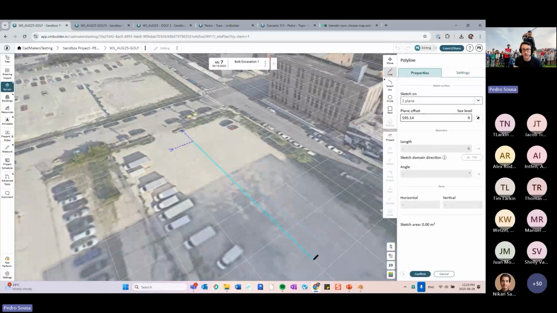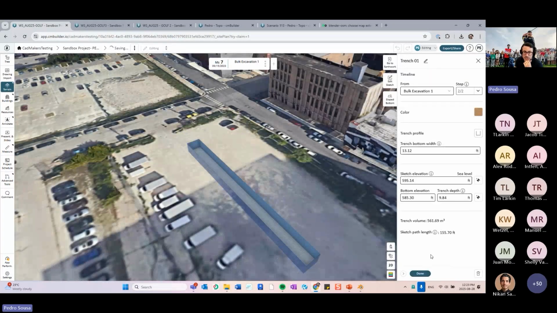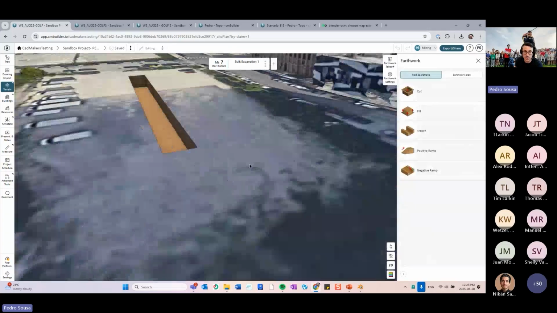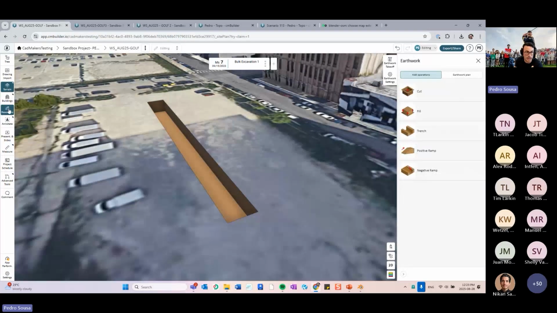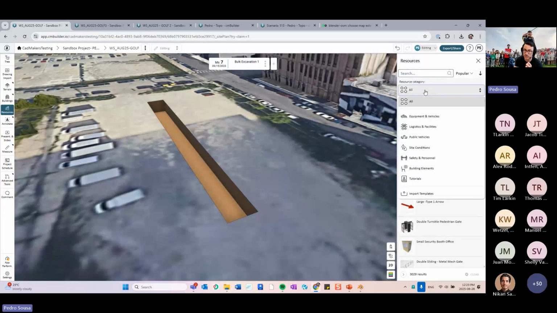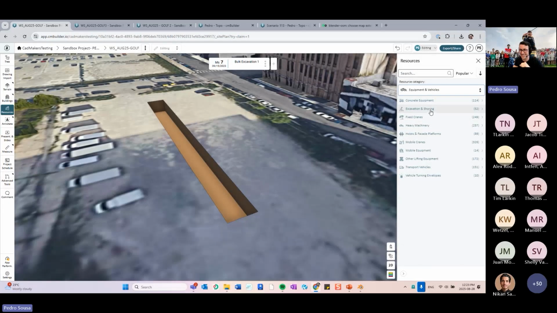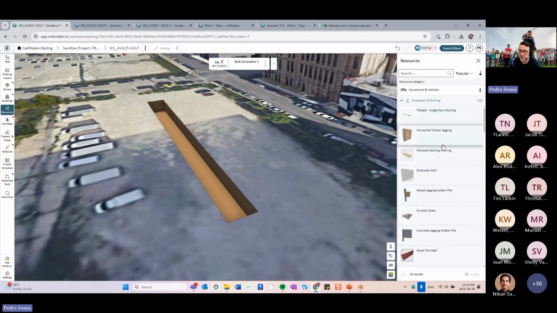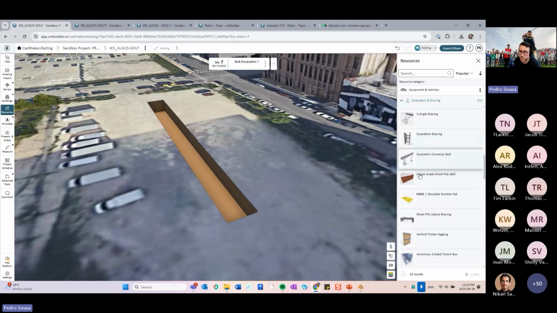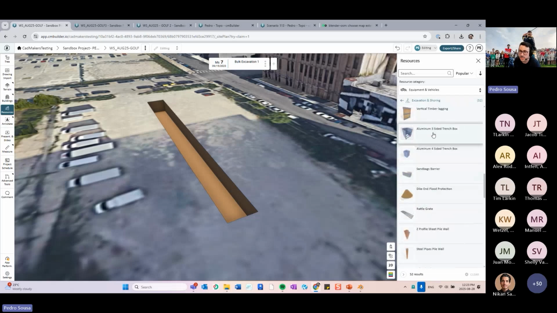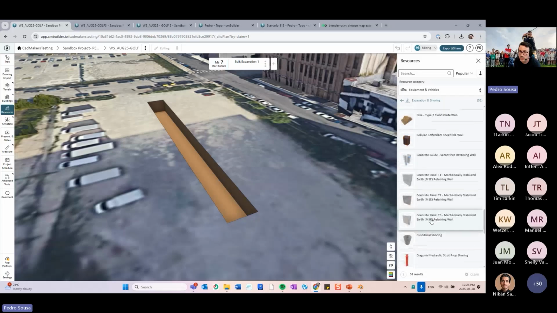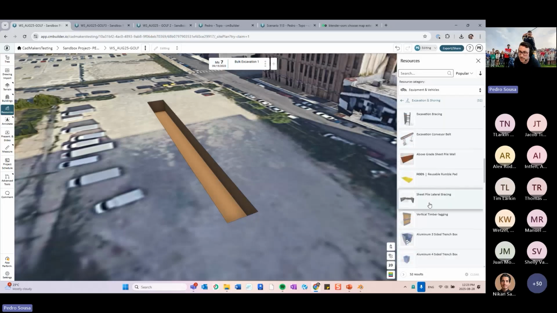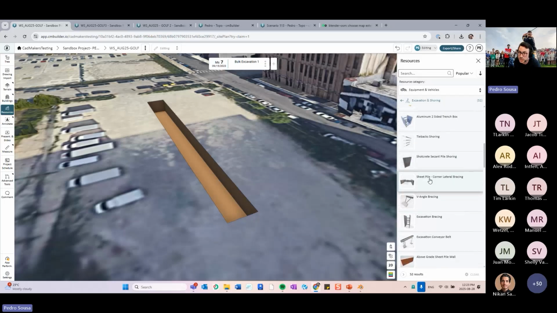And I will use a line over here to place the trench. Just as an example, a very simple one. You might need to use, for example, what is the name of the thing? The trench shoring? The box? I forgot the name exactly. But if I go over here in excavation and shoring, you're going to find that we have this excavation bracing and some trench boxes over here that you can use, and then basically the idea here is to, okay, so